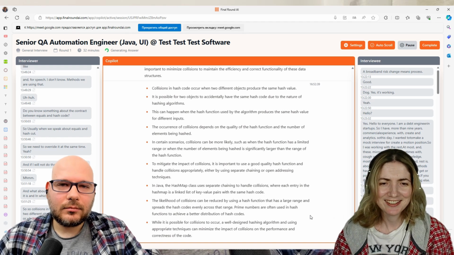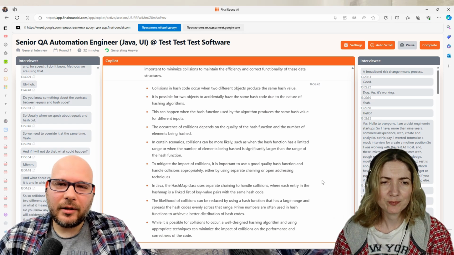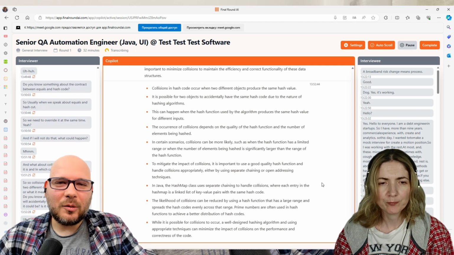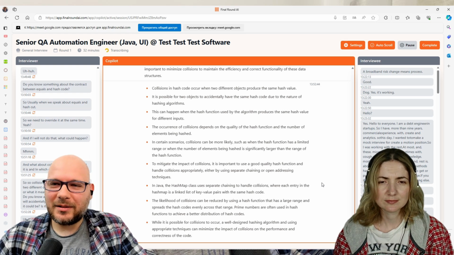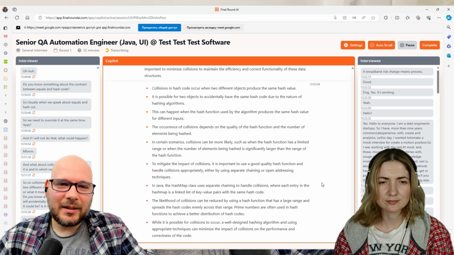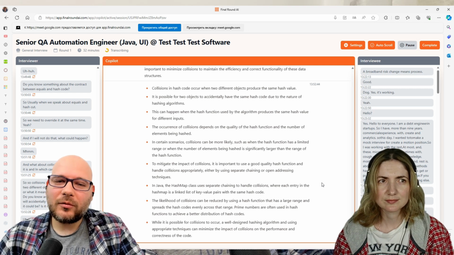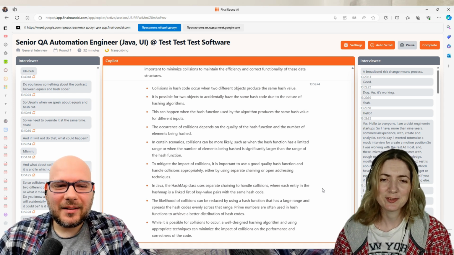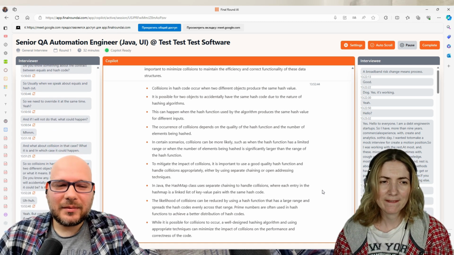Yeah, but a hash itself is just a big number. So if you have more objects than the number of possible values, at least one of the next elements will not have a unique hash value. Okay.